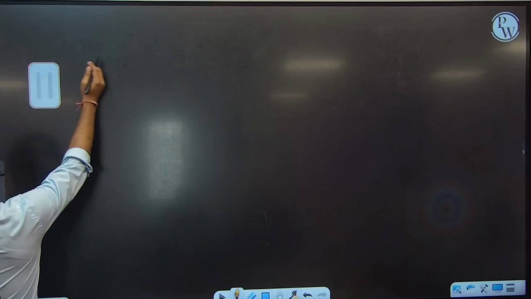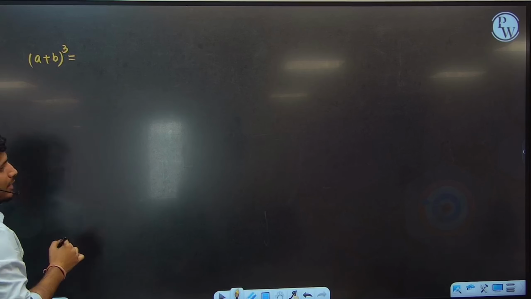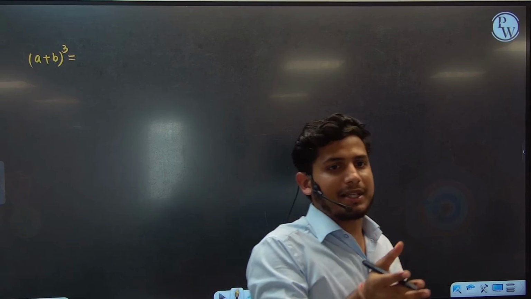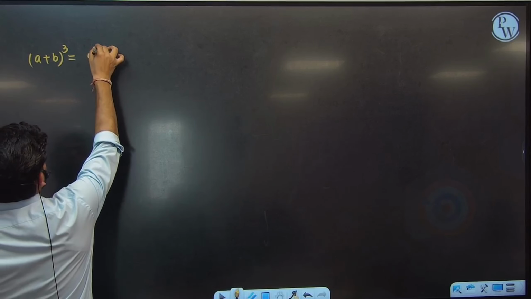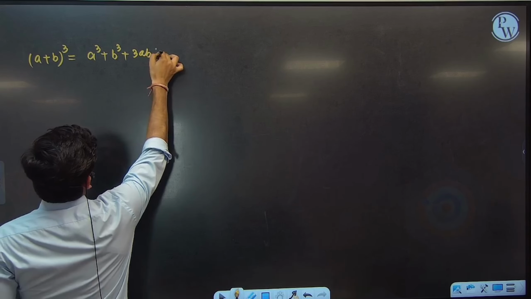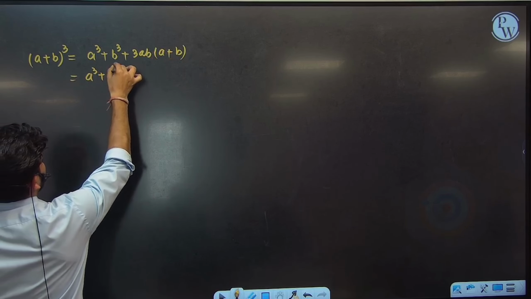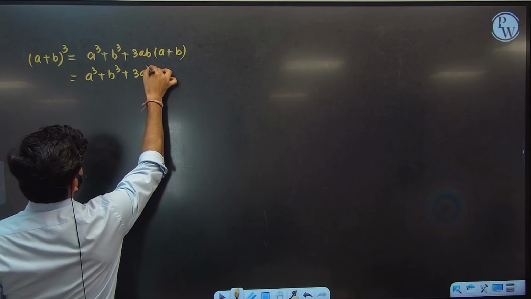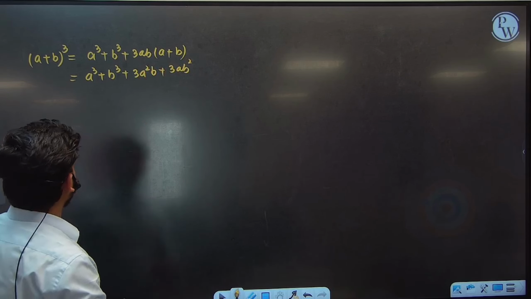a plus b whole cube. A plus b whole cube means a plus b into a plus b into a plus b. Okay, so a plus b whole cube is a cube plus b cube plus 3ab in bracket a plus b. Okay, a cube plus b cube plus 3a square b plus 3ab square. Okay, and now